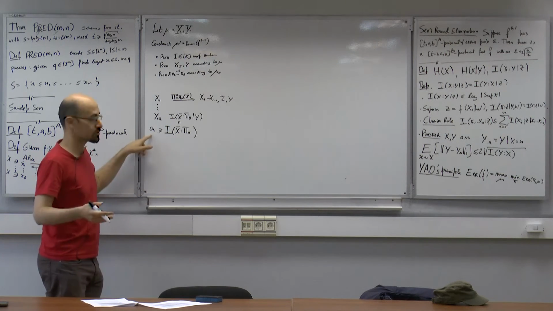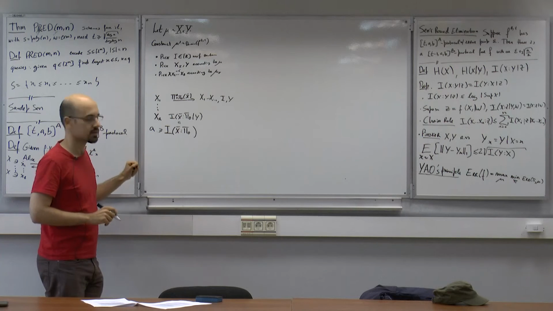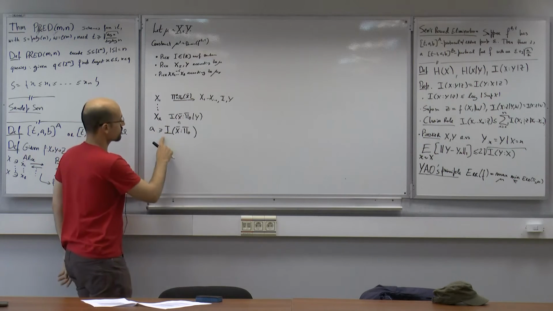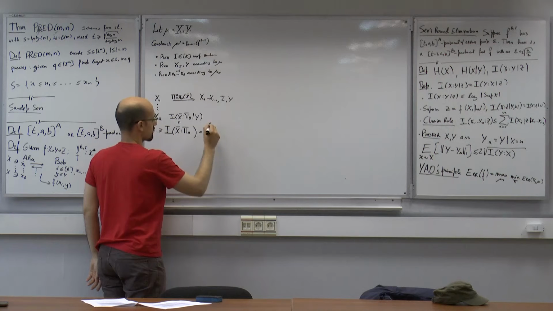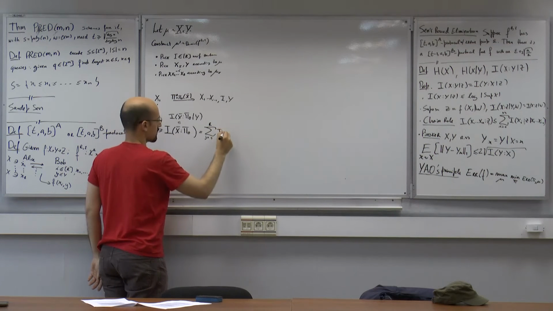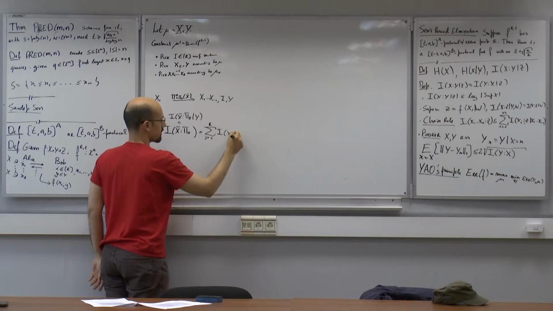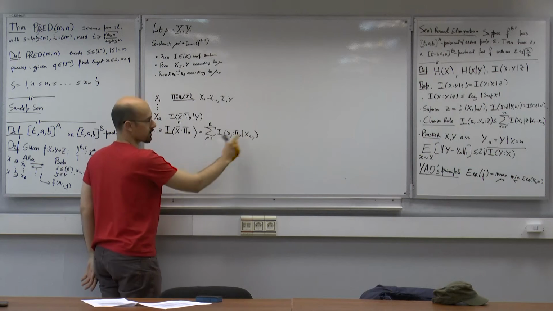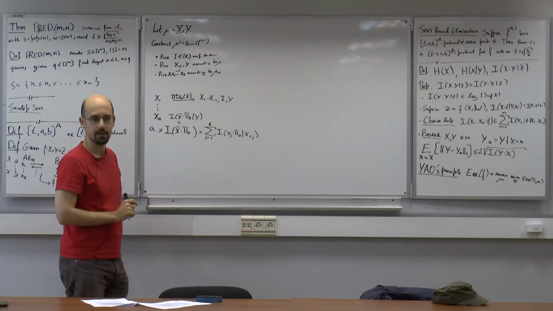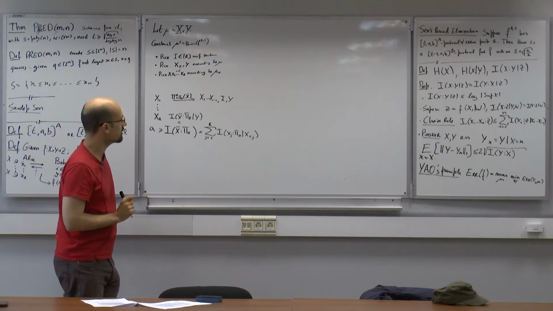And because of that, it's at most a. Okay. So now by the chain rule, this thing equals the sum for j equals 1 to r of the information between xj and pi 0 given x up to j minus 1. So I'm going to use this notation. This denotes x1 up to xj minus 1. Right? So that equals. Now here's a